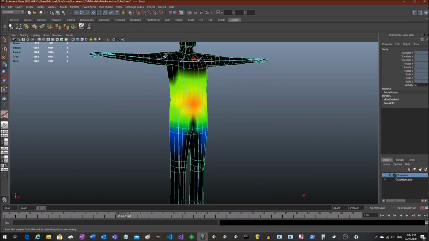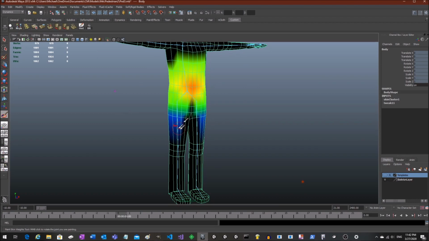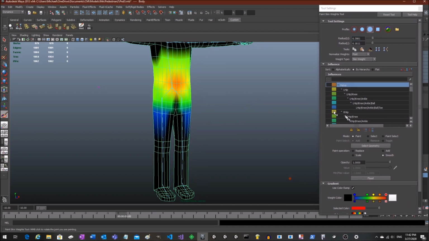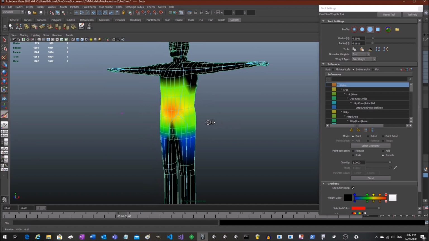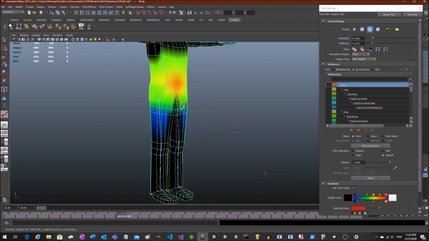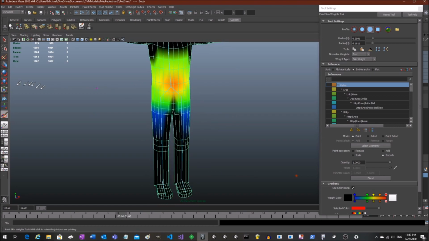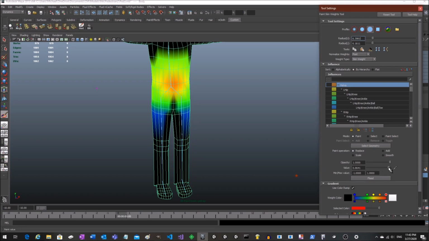Black means it's got no influence. Colors, blue is a little influence, all the way up through red to white, which is full influence. So you can see the pelvis is influencing things that probably really shouldn't be influenced. So for example, let's remove the influence of the pelvis